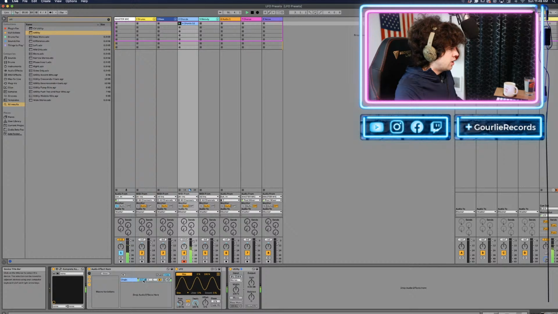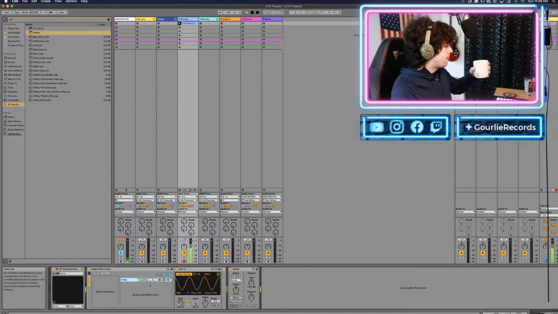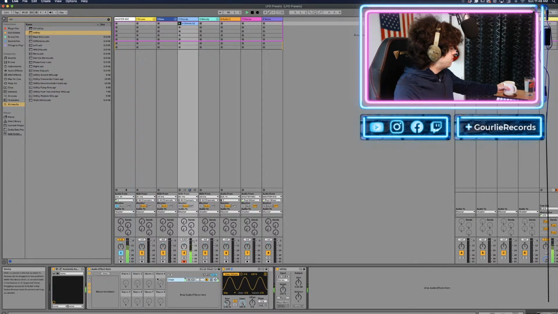I mean, in theory, I can just map it to that. Let's throw macros on too. We're gonna need some macros set up. Okay, so if it's a sidechain, let's just have it go up for now. And then we would increase, so if we have it on quarter notes, if it's like a kick drum,